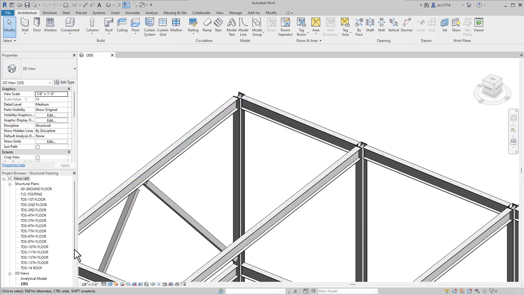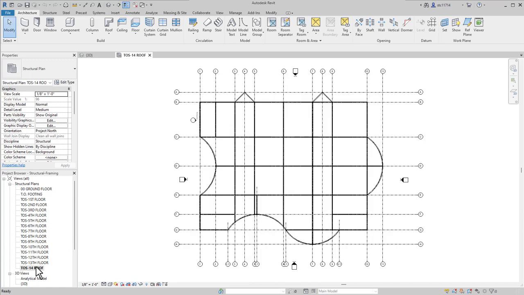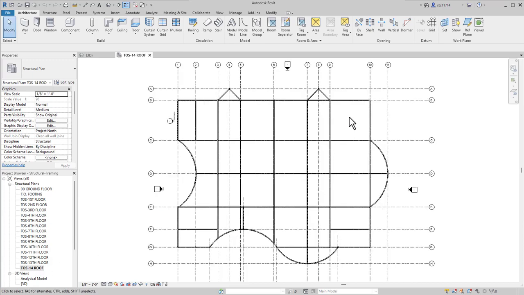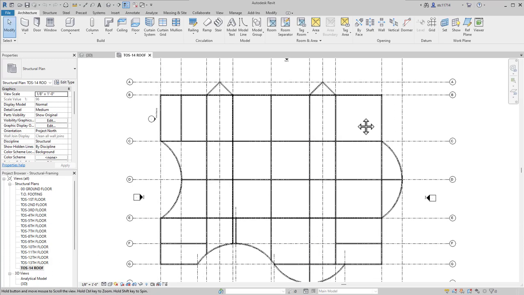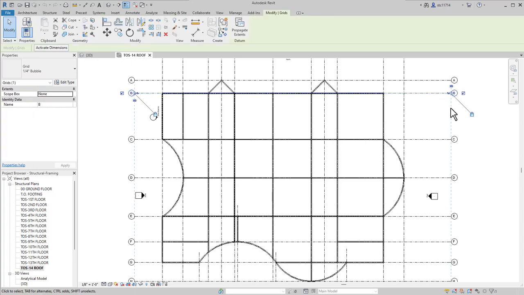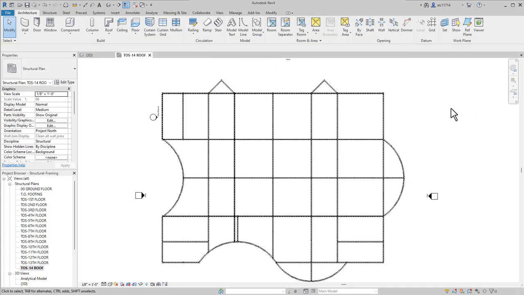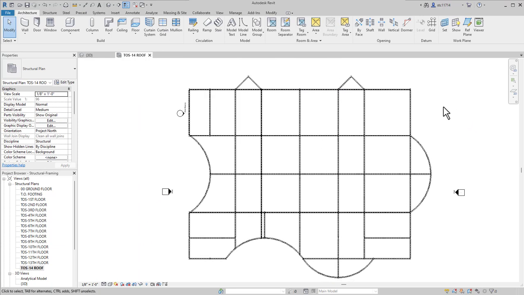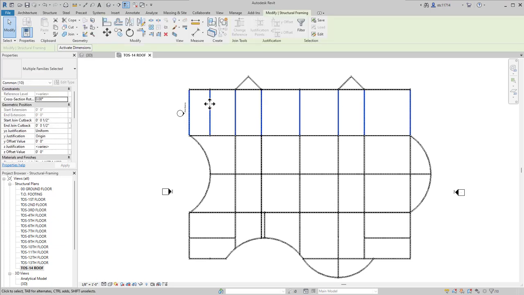So to start with, we are going to go to the roof plan, and I am going to select several of the beams that are running north-south on our screen. To make this a little bit easier, I'm going to hide my grid lines, so I'm just going to select one of them, then type VH to hide the category. Then I am going to begin clicking and dragging across my screen to select all of the beams that are